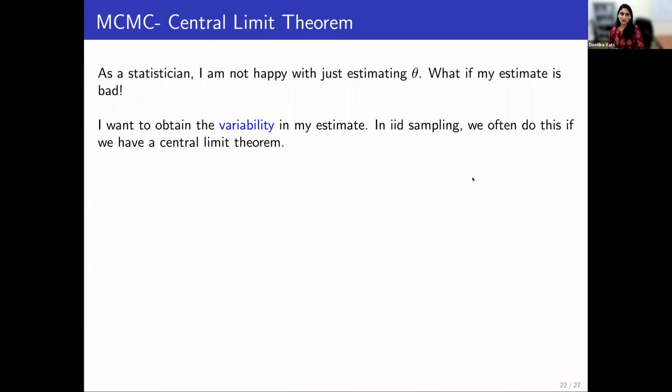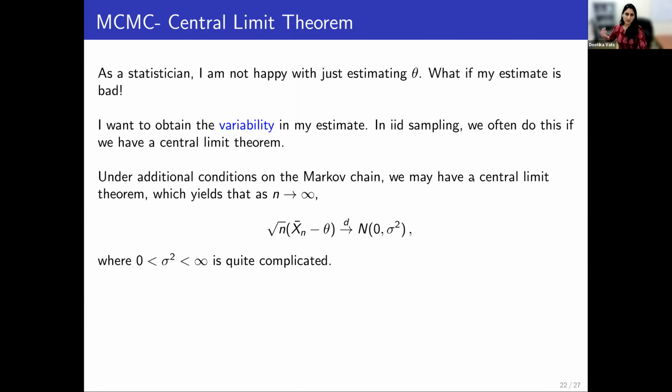But I'm a statistician. I'm not happy with just estimating theta. I mean, I can guess blindly that theta is 8,000 and go back home, and that's an estimate because I guessed it. But I am interested in the variability. How good is my estimate? Now, in IID sampling, I can assess variability if I have something like a central limit theorem holding for the average. Turns out, under some additional conditions on the Markov chain, which I won't discuss today,